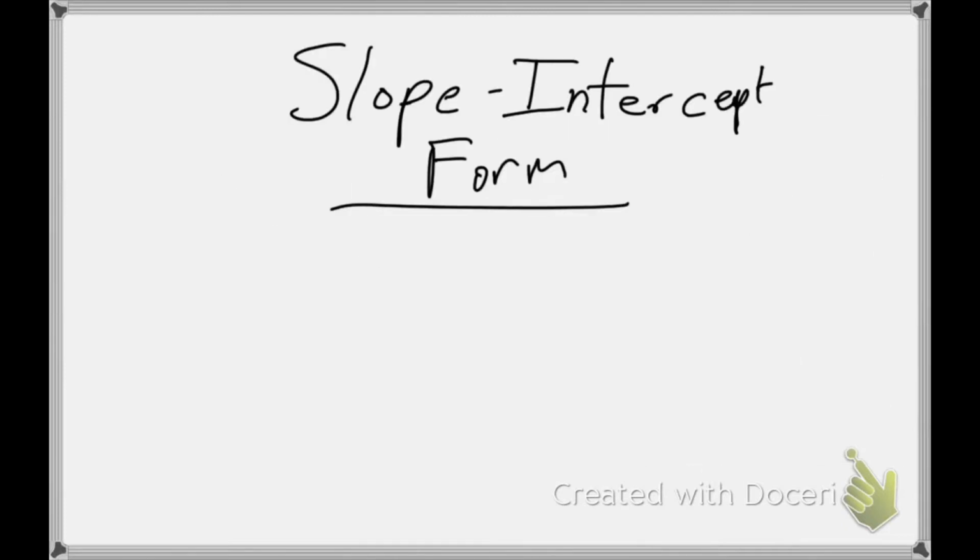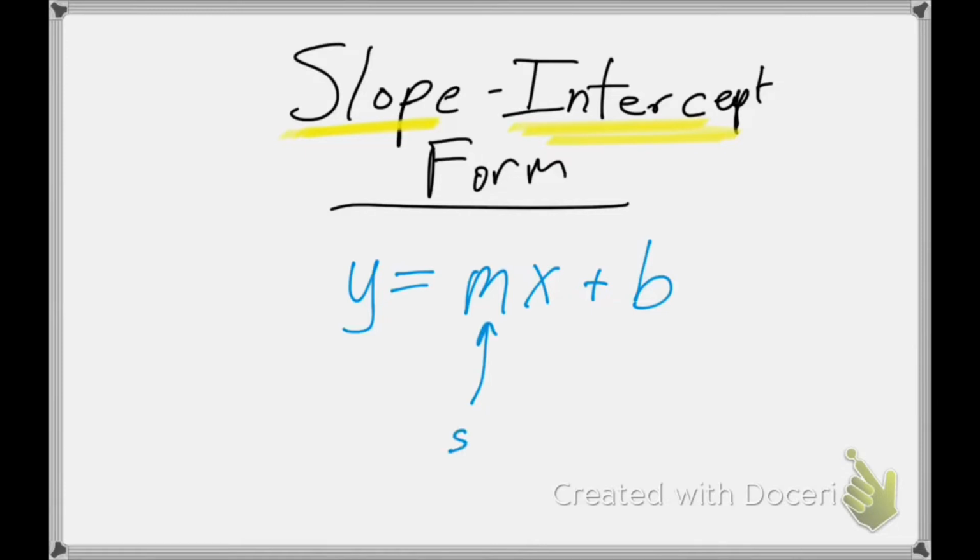So to do this, we're going to be using slope-intercept form because we will be dealing with linear functions. So if you recall slope-intercept form, y equals mx plus b. Now slope-intercept form, what's the two things that we have? Well, we have the slope and we have the y-intercept. So m is my slope. Remember, slope is rise over run, or the change in y over the change in x. And then b, that is my